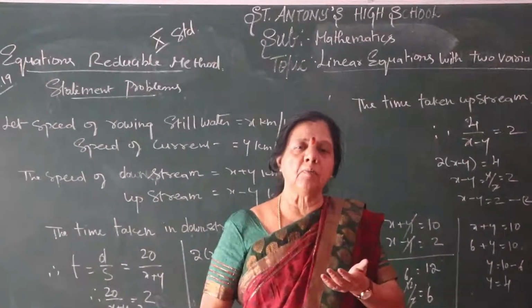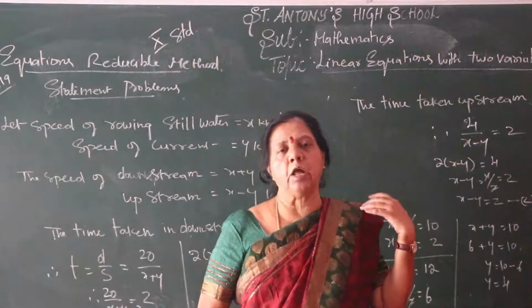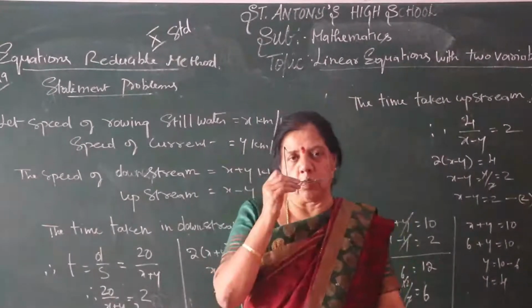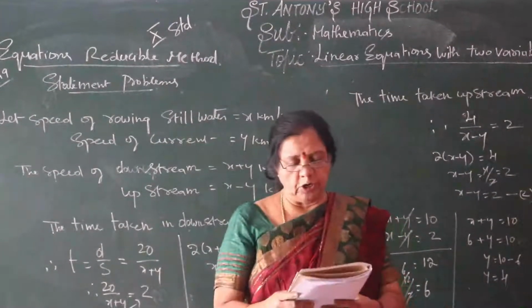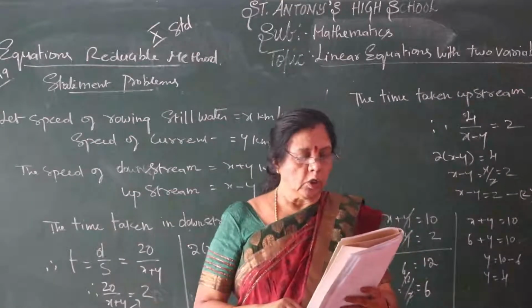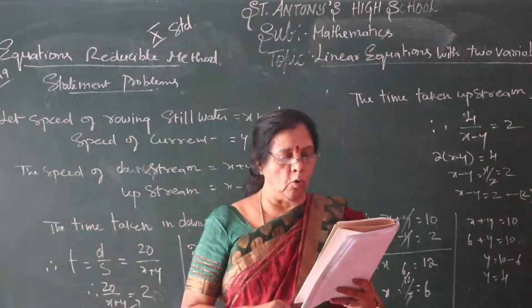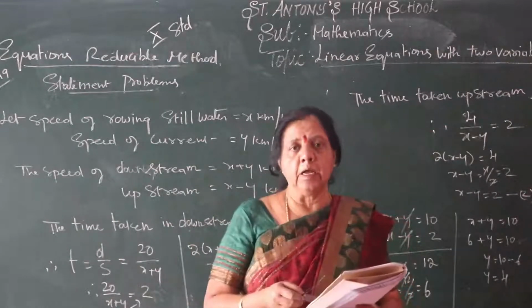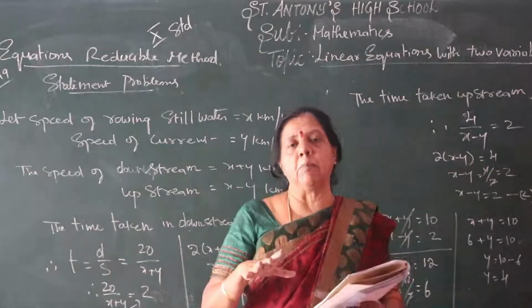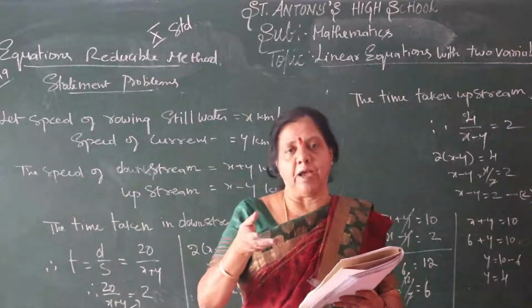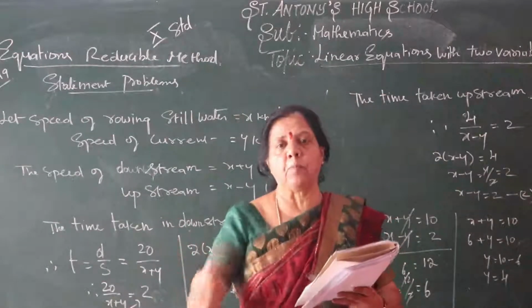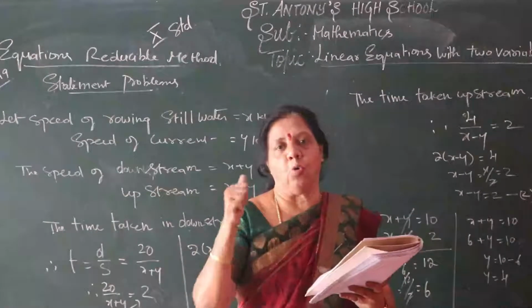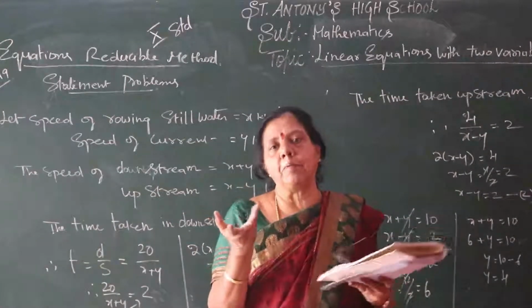I will explain the sum, and the solution I have done on the board. Now look into the book, children, all of you. Ritu can row downstream. Row means, you know, children, in the water you are sitting in the boat. They will give you one device that you have to push and go. That is row.